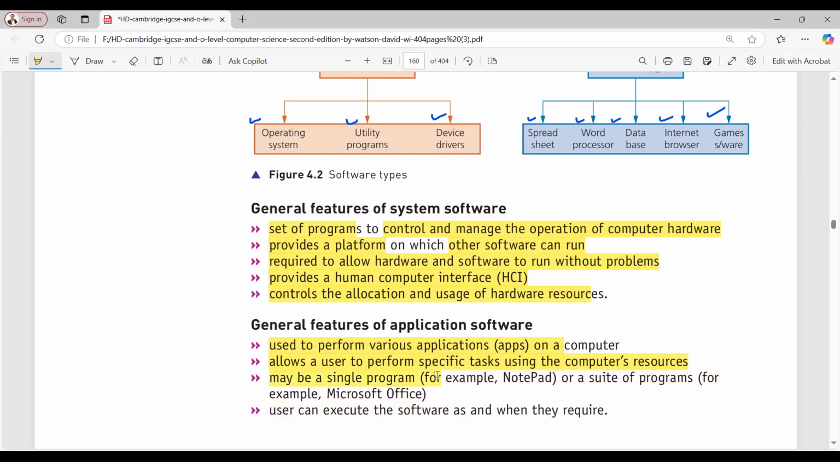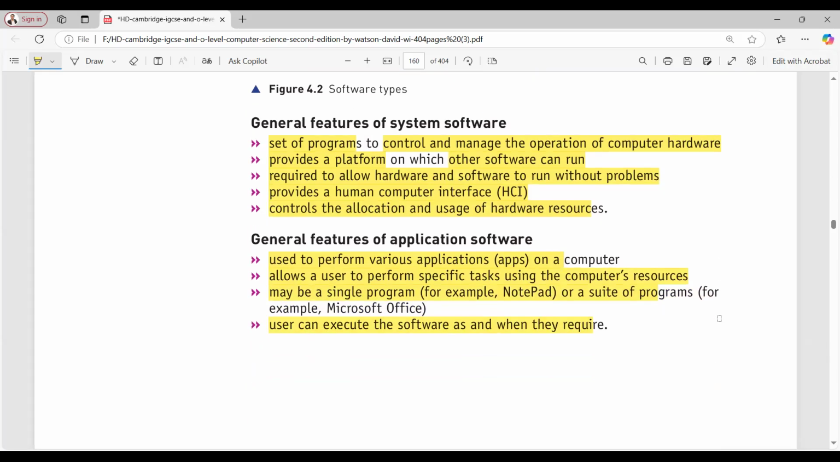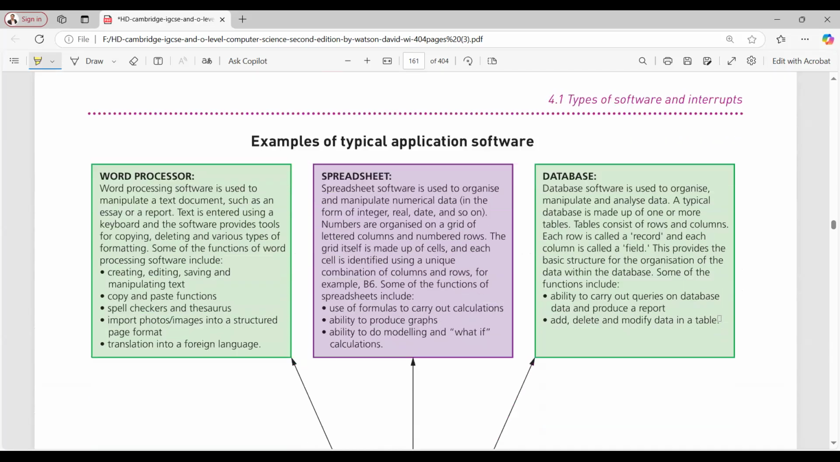It may be a single program, for example Notepad, or a suite of programs. Users can execute the softwares as well, like whenever they require. So these are some of the features of system software and application softwares. So I hope you don't have any confusions in this. Now, if I move on, I'm going to